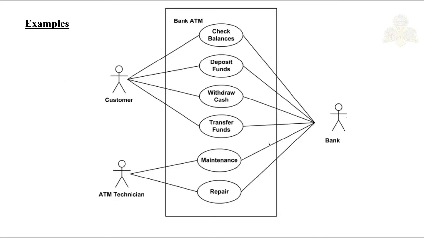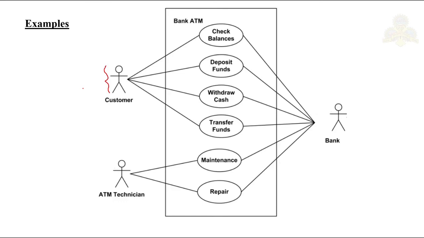Now we had seen the actor, the one who uses the system. In a use case diagram, you have to represent the actor in this manner. This is called a stick diagram. The actors can be individuals or the system itself. Here we are taking the example of a bank ATM. How do you do a transaction there? As a customer, you enter your password, then you can do a withdrawal, or a transfer, or check balance, everything.